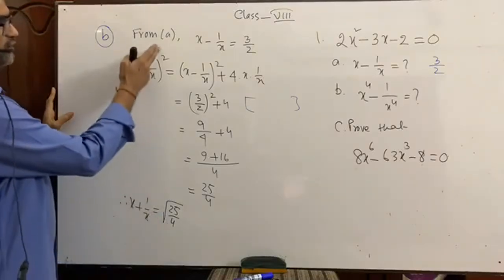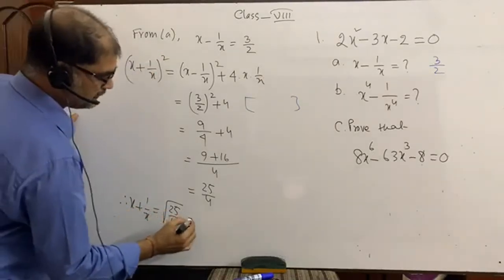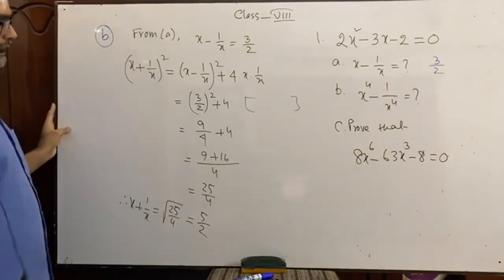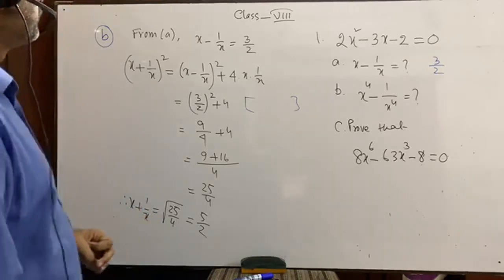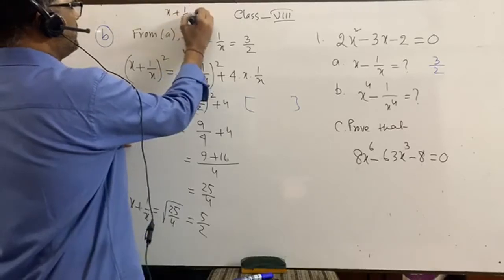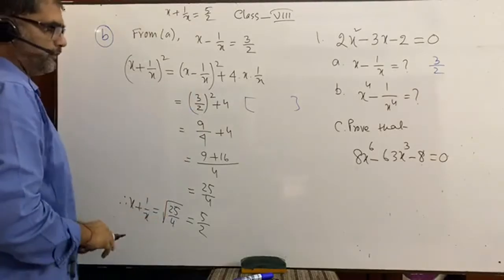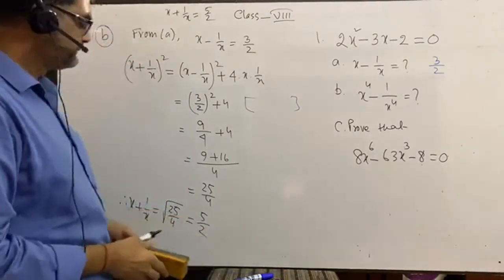You see, there was a square sign here. Now there is no square sign here. That is equal to 5 by 2. So we have got another value, x plus 1 by x equals to 5 by 2. We are writing here x plus 1 by x has been got as 5 by 2. Okay, we have got this value. Now you see